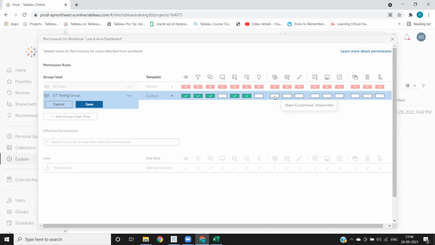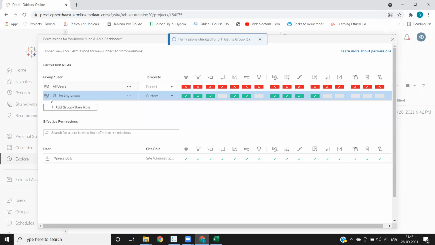Whatever permissions you want, you can set them from here and then click on save. Now for all users, by default, you have denied the permission, which means if a user is part of the all users group and is not part of any other group, then he will not be able to access any report.